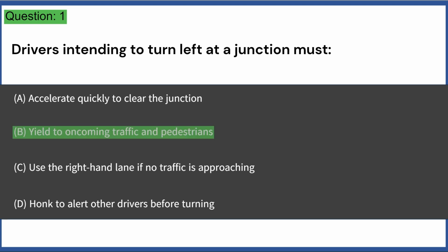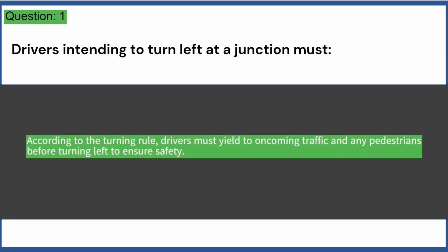Answer B. According to the turning rule, drivers must yield to oncoming traffic and any pedestrians before turning left to